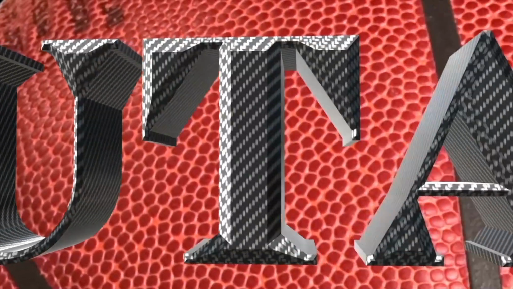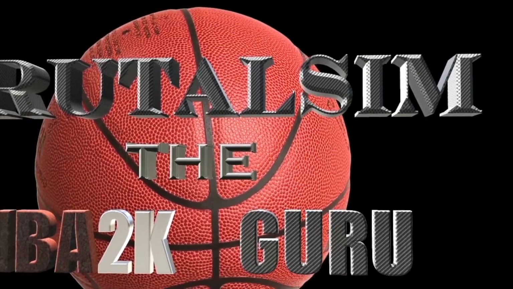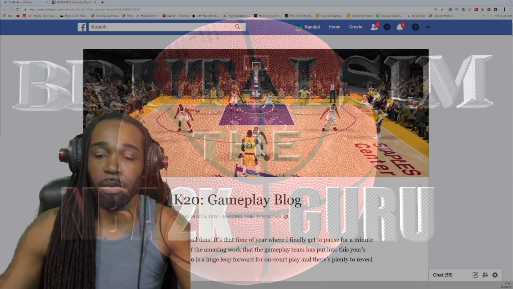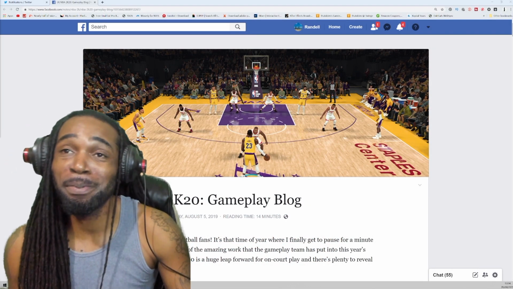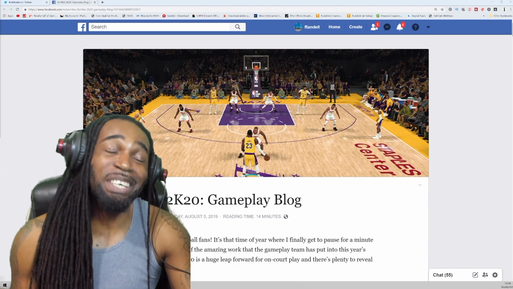We about to play 2K. Brutal Sim, step back J. Kobe got that clutch, throw it up, that's game. I'm going through the lane, Russell Westbrook quickness. Wood up, it's your